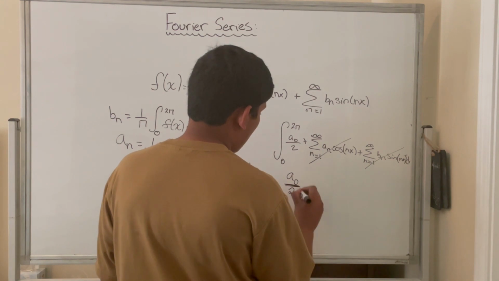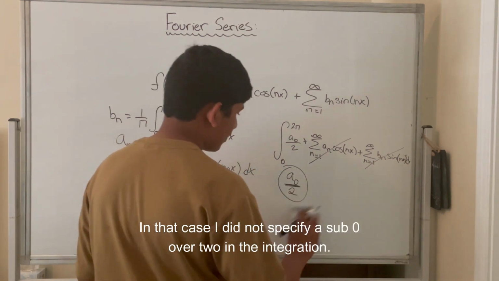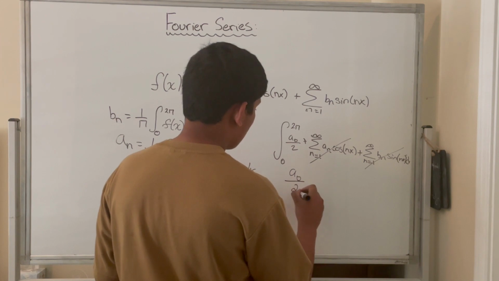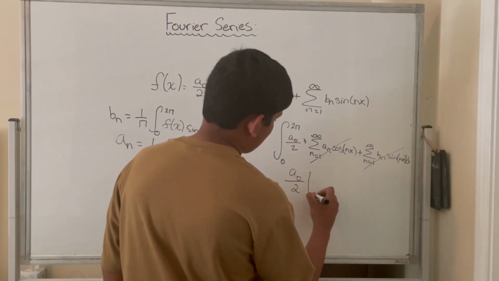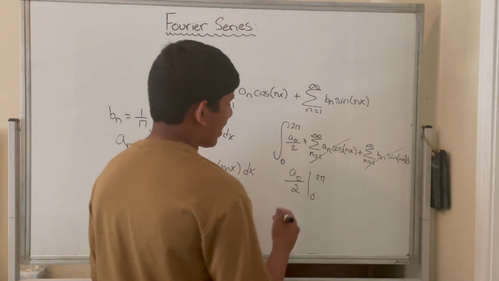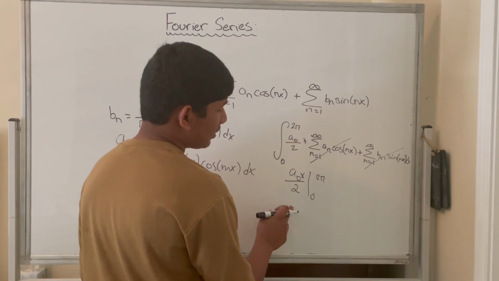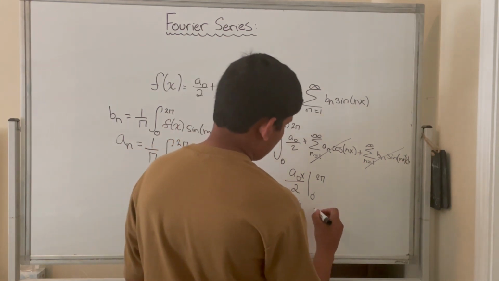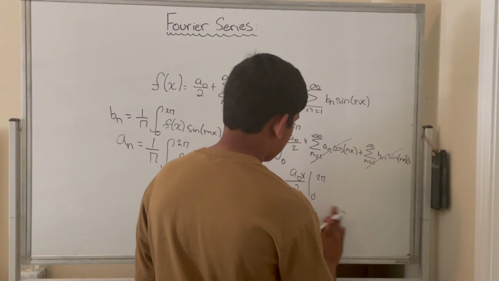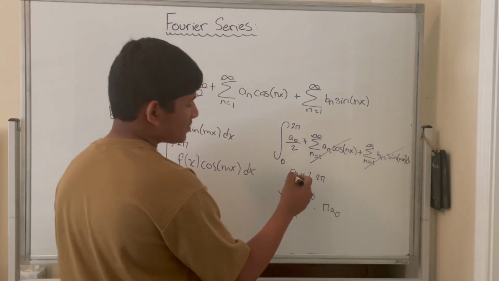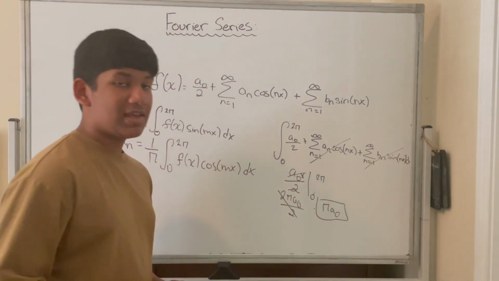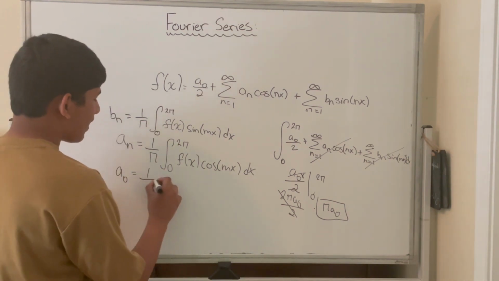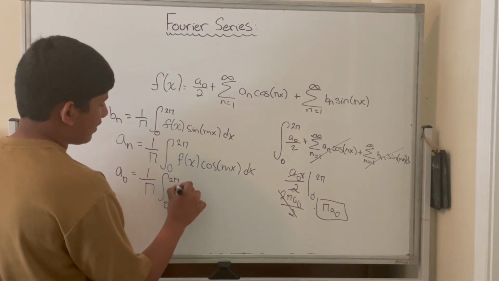and we get a naught over 2, and since we're integrating with respect to x, we get a naught over 2, 0 to 2 pi, and then since we're integrating with respect to x, we have to put an x over here, and when we do, we get 2 pi a naught over 2, which will get pi times a naught, and then when we plug in 0, this becomes 0, so therefore pi a naught is our answer, and therefore we get a naught equivalent to 1 over pi times the integral of 0 to 2 pi times f of x